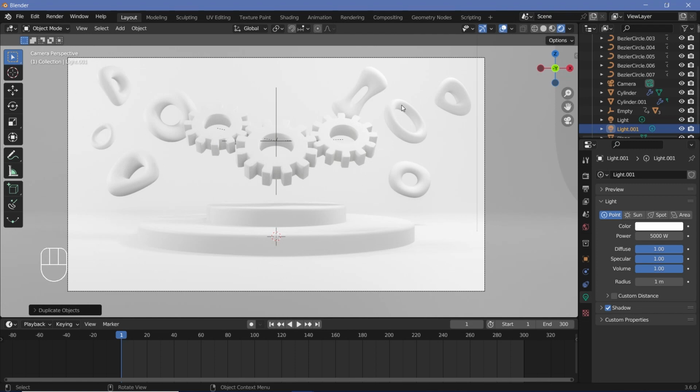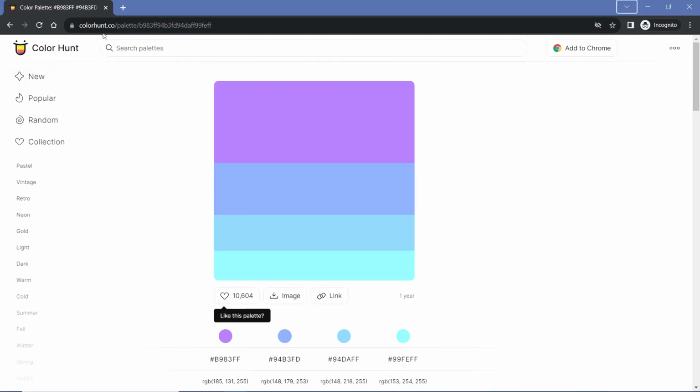Now to get that modern look, it's best that you follow some modern color palettes, and you can find color palettes on various websites. I use colorhunt.co, and this is a nice palette that I want to use for this animation. So I can go ahead and just click these to copy the hex values, and then back in my